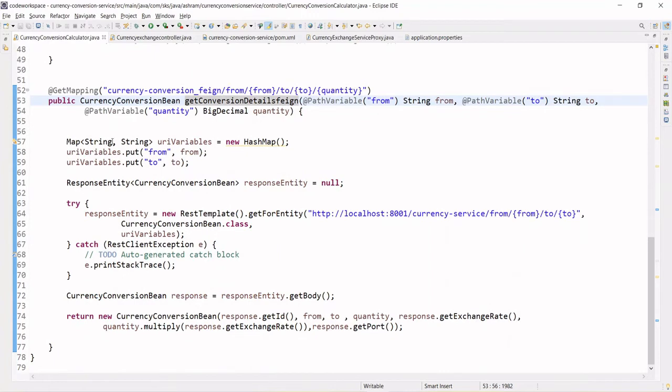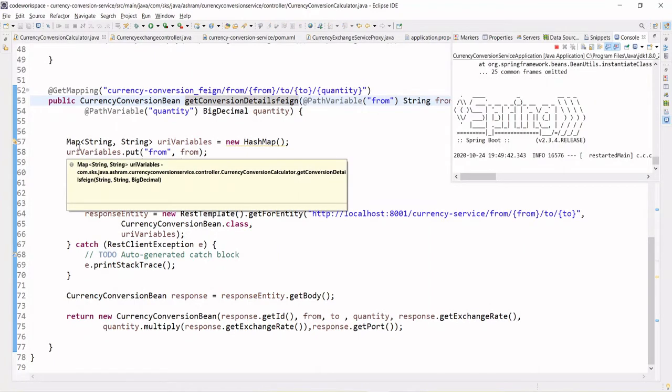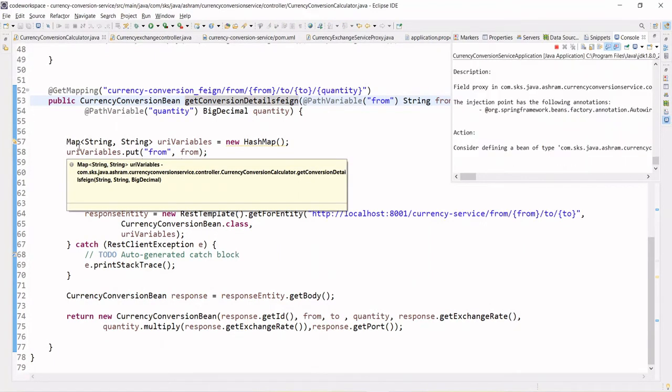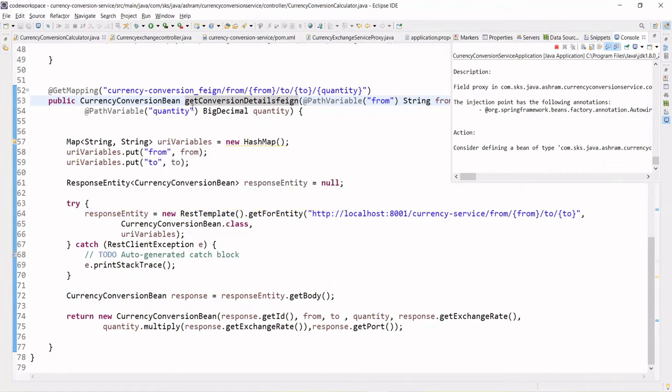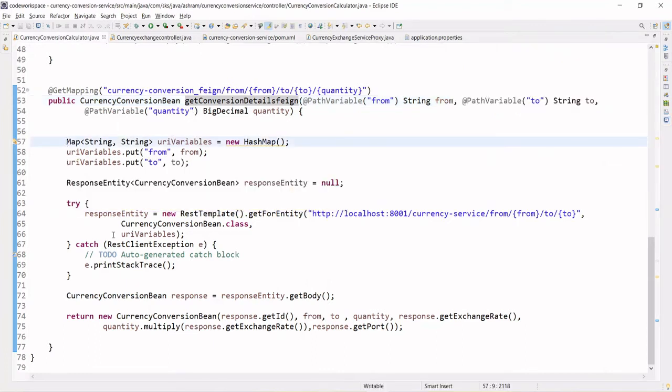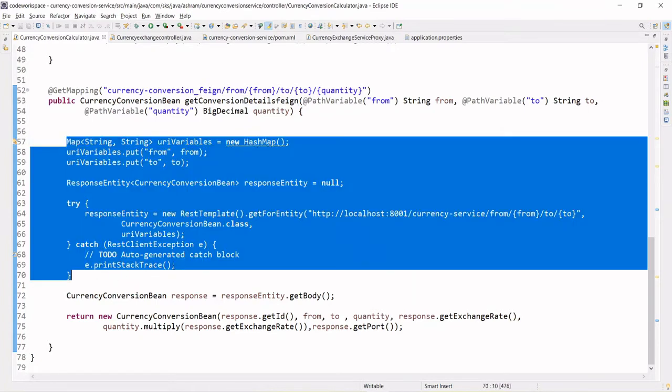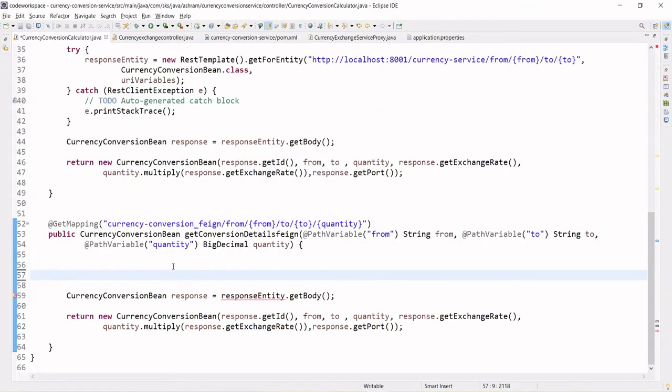And here you don't need to do anything, we are removing all the code. How can you do this? Any guess? Just remove all the code from here to here.